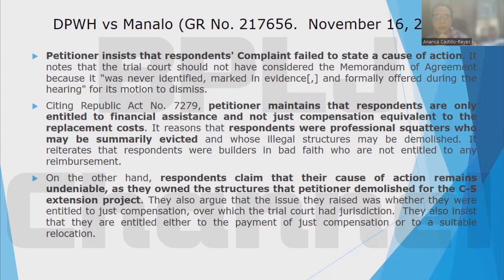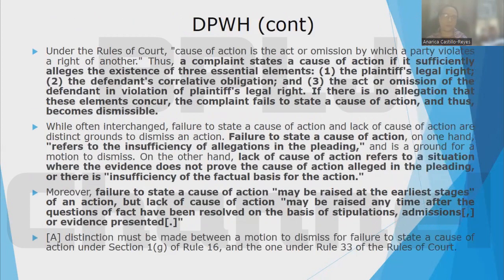On the other hand, the respondents claim their cause of action as owners of the structure that petitioner demolished for the extension project. So what was the cause of action in the complaint filed by the respondents? It is to claim payment of just compensation because they are the owners of the structures which were demolished by the government in order for their construction project to be built. So was there a cause of action? The Supreme Court said